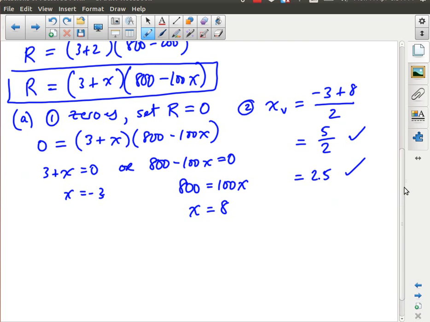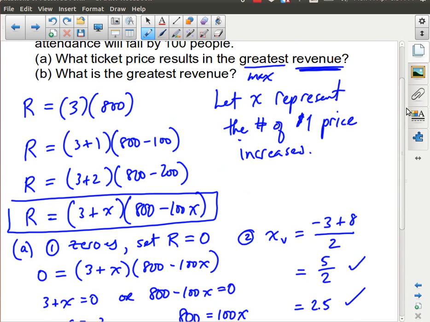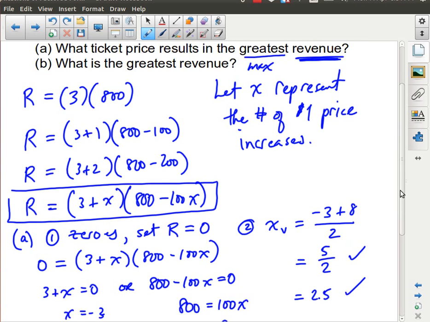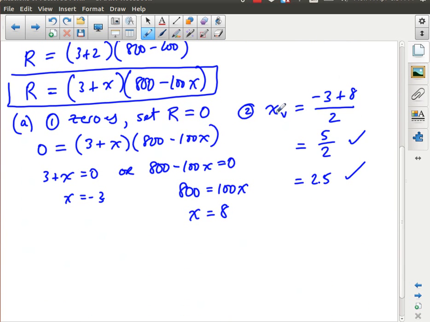Now I need to find, well, let's go back. Now we want to take a look. What are we finding here? What ticket price results in the greatest revenue? I have found the x of the vertex, and so my ticket price